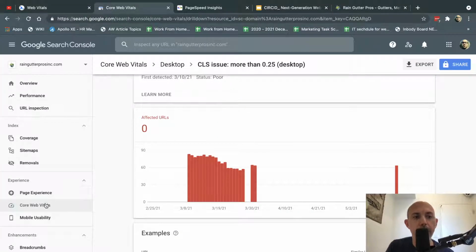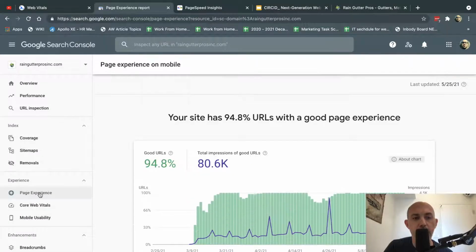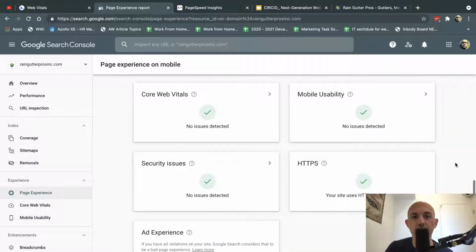Now, part of the Google Search Console and the rankings in Google, starting from June 2021, is the page experience. They try to give you a score for your SEO and for you as a webmaster to know how many pages have a good experience. So what is considered a good experience for Google? Core Web Vitals, right? And of course we talked about the mobile usability, right? Because more and more visitors use mobile phones.